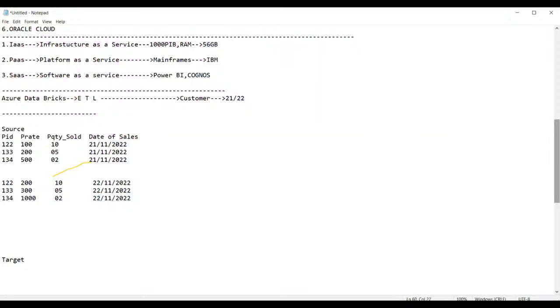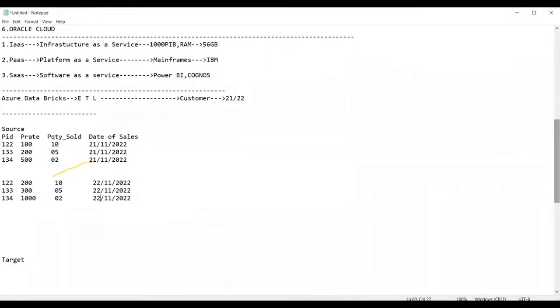Now here you have it. Now tell me, as you have this 2 days data, the 2 days data is here or not, guys? Now tell me, is there any difference in the sales from 21st to 22nd?